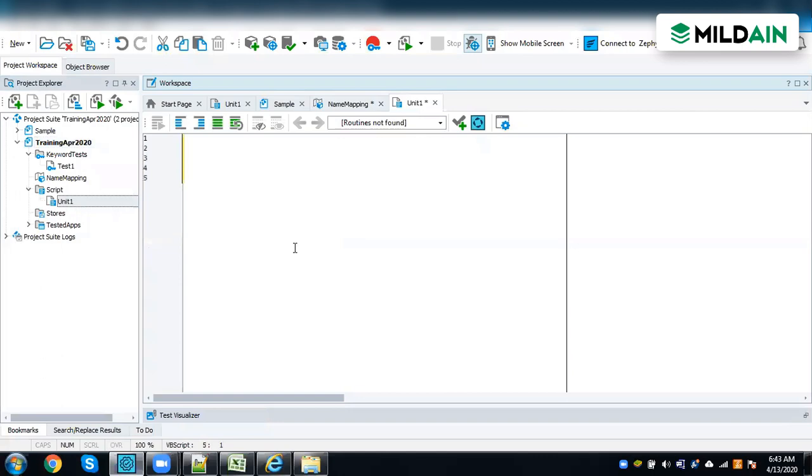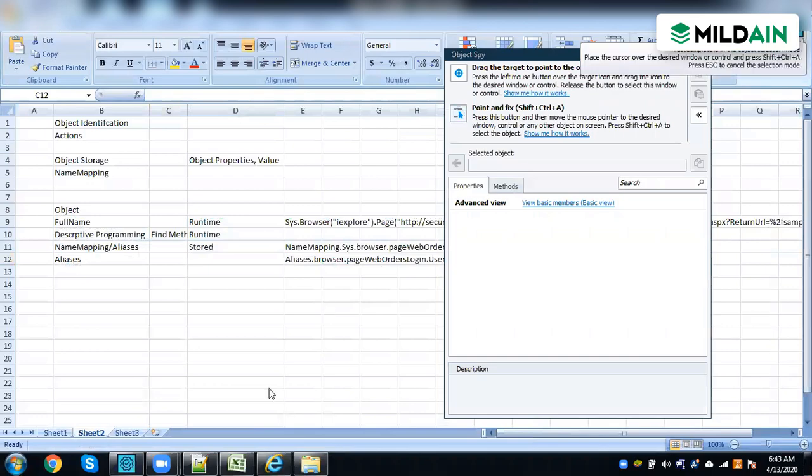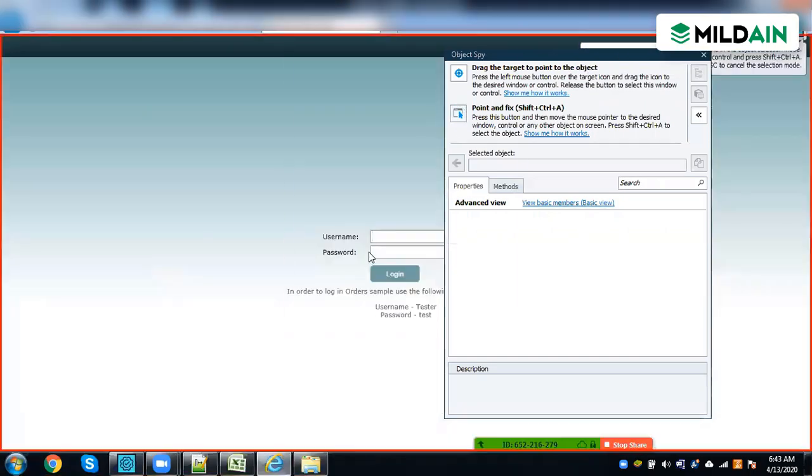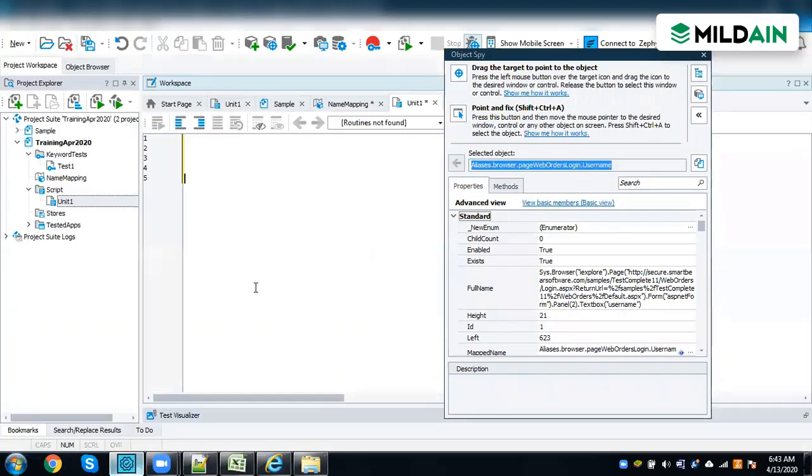Before going to descriptive, I'll show you how we will write the code basically. We go to object_spy, go to the page, highlight this and copy this username. This is the property for the username. I'm just going to copy paste.